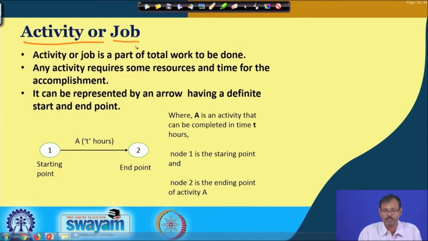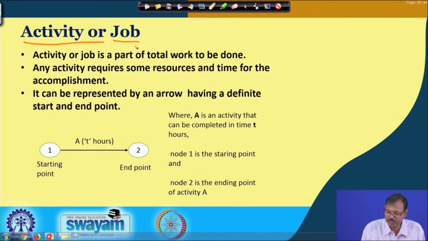The excavation of material from the mine requires drilling, blasting, shoveling, mucking, transportation, etc. All these are unit operations, and each of these unit operations is called an activity or job. So, basically an activity is nothing but a job or a unit operation,